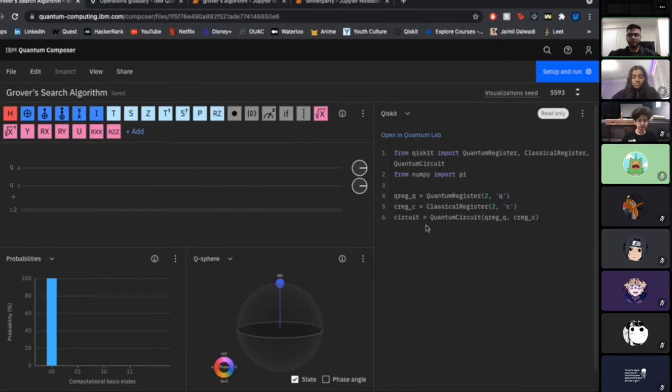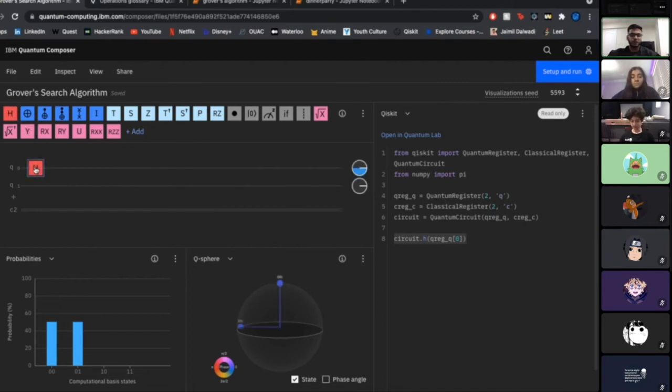So on the right side here, I don't know if you guys see it, it's called Qiskit, which is the code framework, which you can see how if I put something on, it will automatically change here. It added this, which means that it's basically showing you the code for whatever you're doing here.